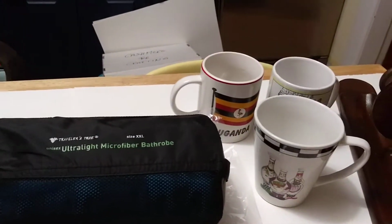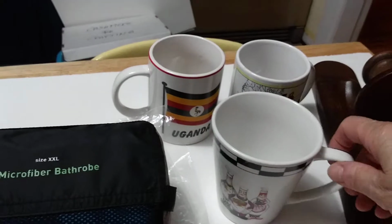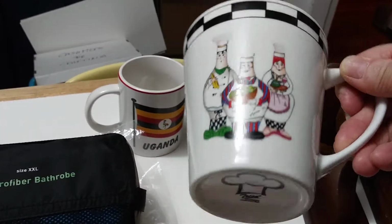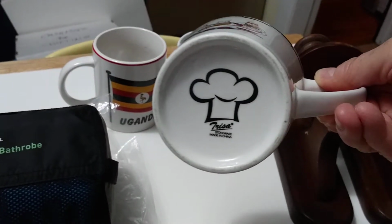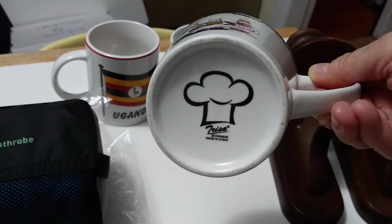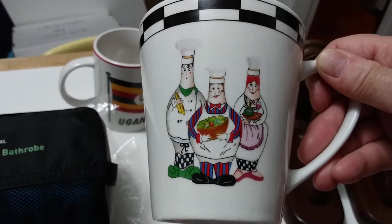The next few items, I will get back to the bathrobe, are some mugs. I find mugs regularly. This is a mug by a company called Teresa. I don't know whether this focuses properly. Teresa, I have not looked this up yet, but it's a rather cute